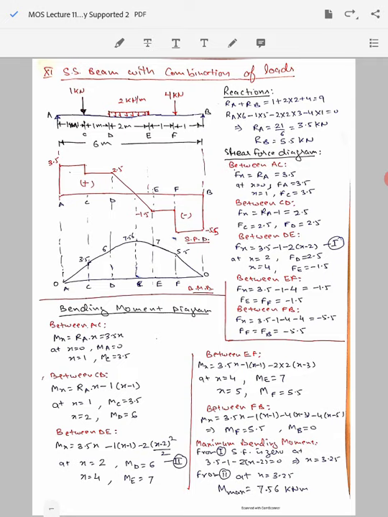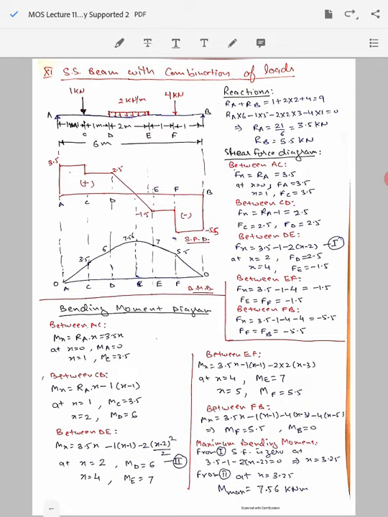Finally, we can go ahead and do the same exercise for the span FB and find that Fx will be equal to minus 5.5 for this by adding one more force of 4 kilonewton in the downward direction in this equation. So in this way we have calculated the shear force values for all the points between A to B, and let's now draw the shear force diagram using the values that we have determined.